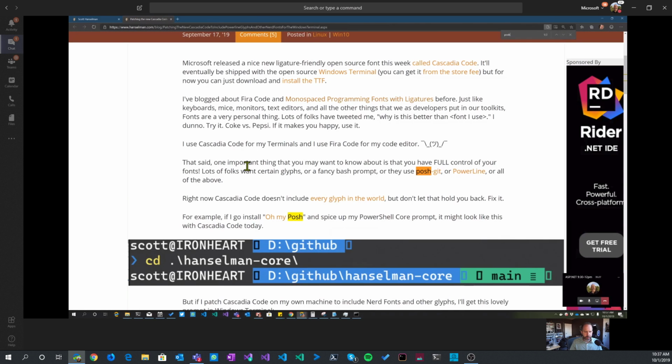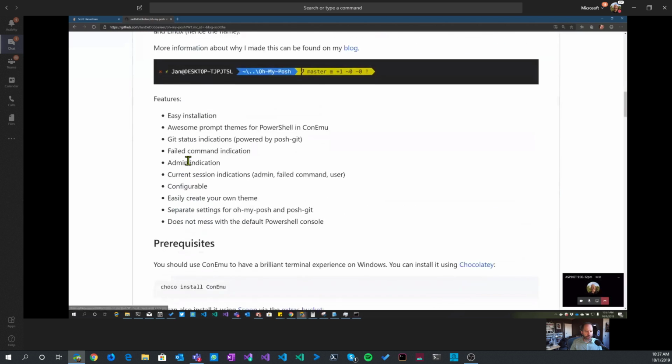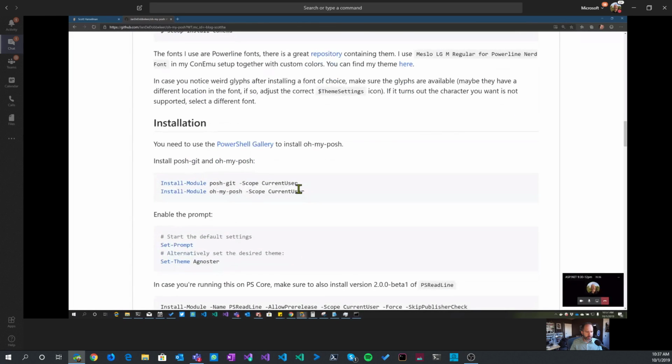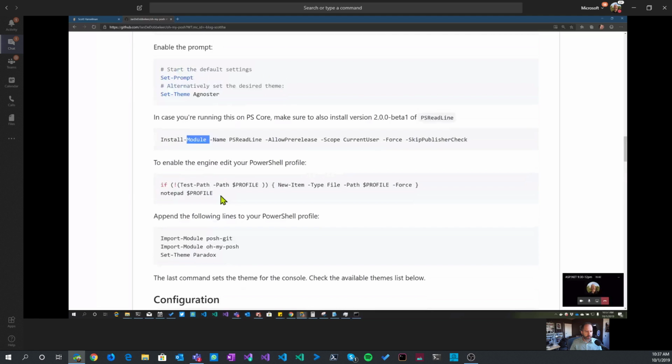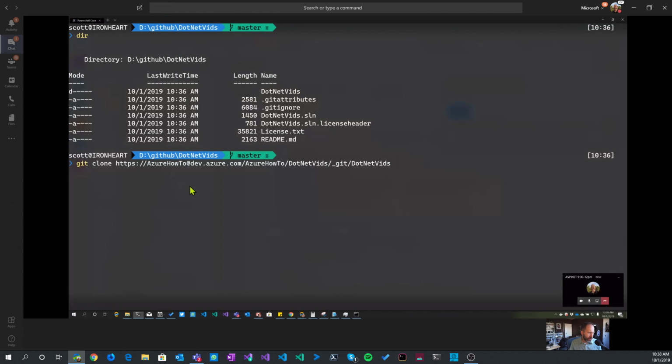Go install Oh My Posh. It's super easy. Basically all you need to do is add these two modules, install PSReadLine, update your profile, takes you 10 minutes. Yay. All right, so someone was saying, if you only enter one,